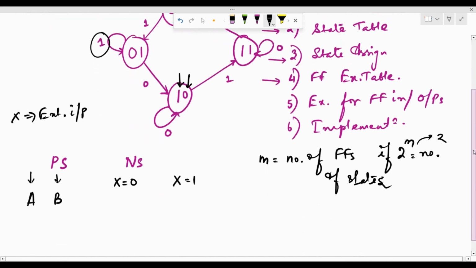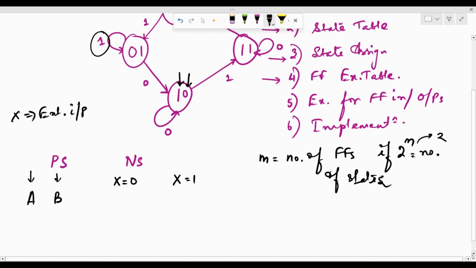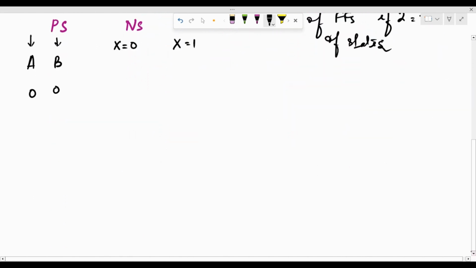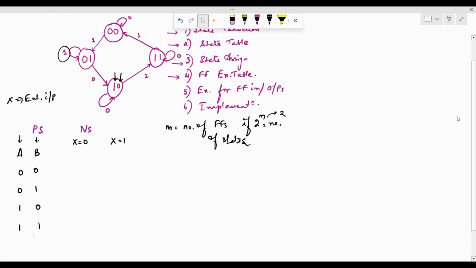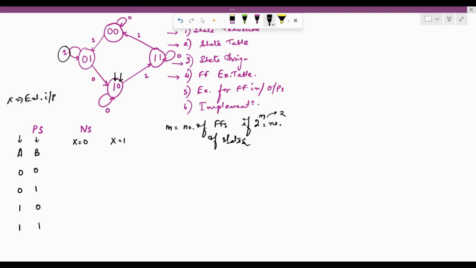So let's update this table. We can have 4 possibilities: 0 0, 0 1, 1 0, and 1 1. So our present state could be one of these 4 possibilities. Now we have our state diagram over here. When the present state is 0 0 and the input x is 0, the transition happens to the same state itself, so the next state becomes 0 0. But from 0 0, if I get an input x equal to 1, then it makes a transition to the next state 0 1,